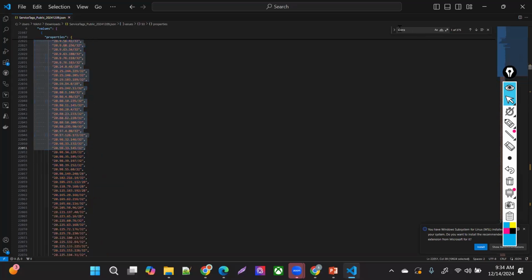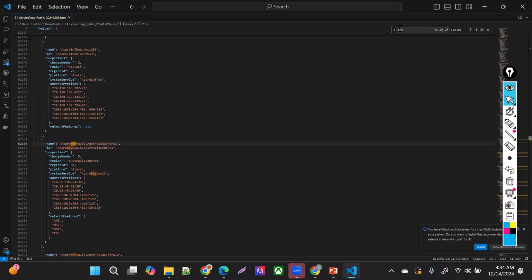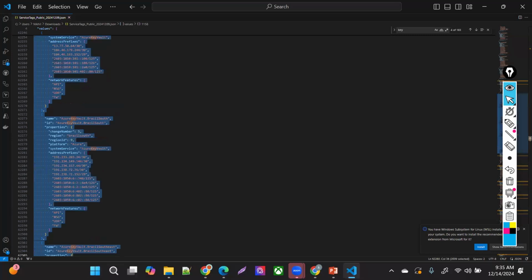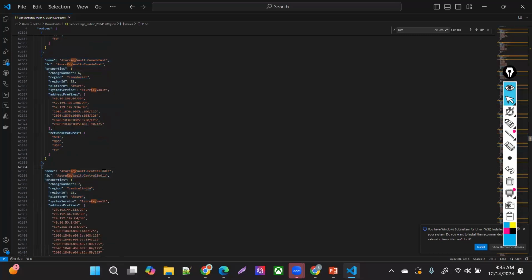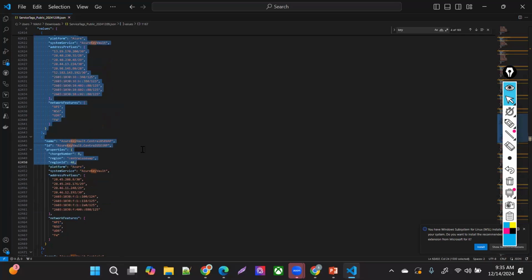For other services also, I think they will have it here, for Key Vault. See, this is for Key Vault in the Australia region. They have these IP addresses for the Australia Central region. There are IPv6 and IPv4 both, so you can do that. For other regions also, you will find it there, like Central India, you have all these IP addresses. This is a very handy list, and you should keep it with you.